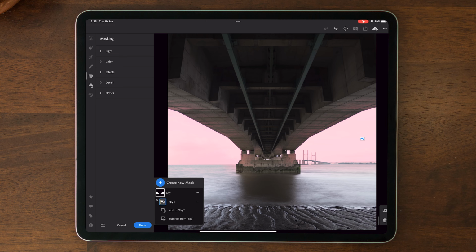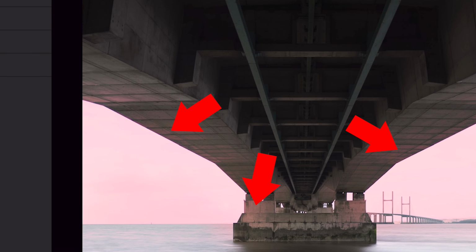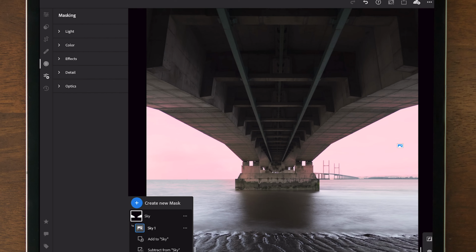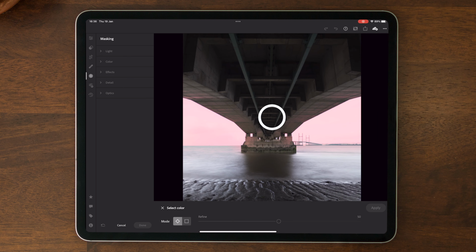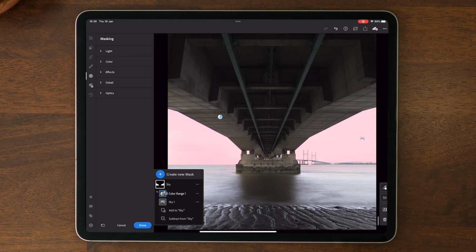Now we can see from the red overlay that as well as the sky, it's also included a little bit of the underside of the bridge, so I need to remove or subtract that, so I'll tap on Subtract from Sky. Now, rather than using a brush to do that and potentially brushing away more than I want, I'm going to use Color Range. I'll drag this target here over the part of the bridge where we can see the red overlay, and straight away it removes the red overlay, meaning the underside of the bridge is no longer part of the sky mask. So I'll tap on Apply to accept that,